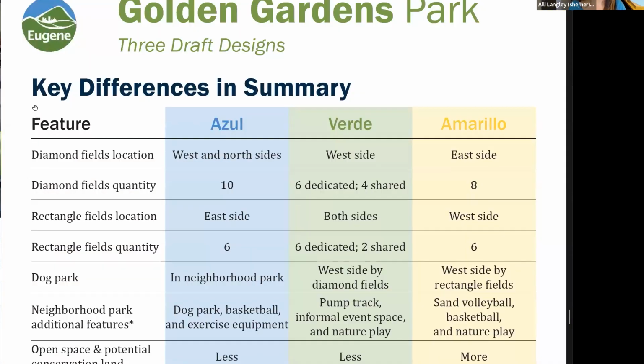Okay, so to summarize, again, this is what we're seeing as the key differences. If this is helpful for you, we would love to hear what folks think as we get into breakout rooms later. But if you are here because you're passionate about the open space and potential conservation land, you can see that Azul and Verde have less and Amarillo has more. If you're here because you're passionate about the sports facilities, you might want to look at the top 2 rows for diamond fields or the middle 2 rows for rectangle fields in terms of where those are located or the different number of fields. We've got a dog park in different locations, and then we've got different features in the neighborhood park in each of the concepts. All right, I am going to pass us to Julie